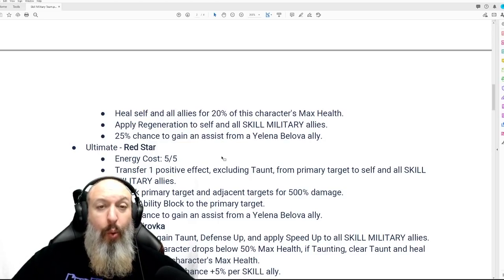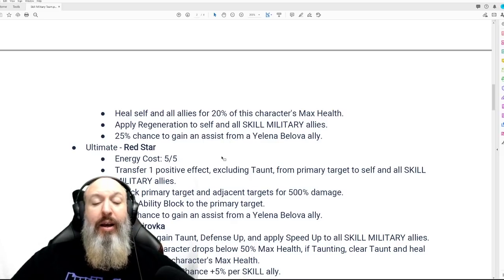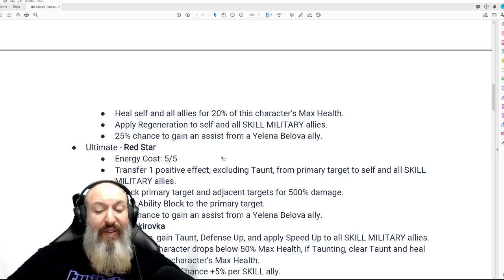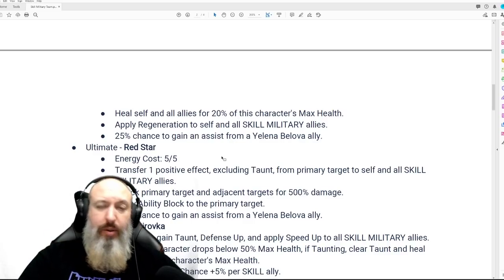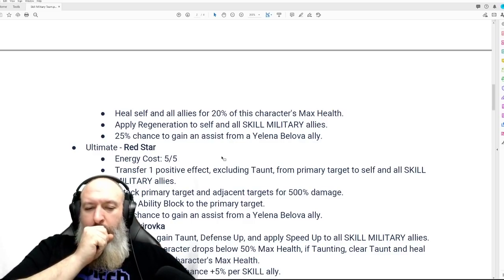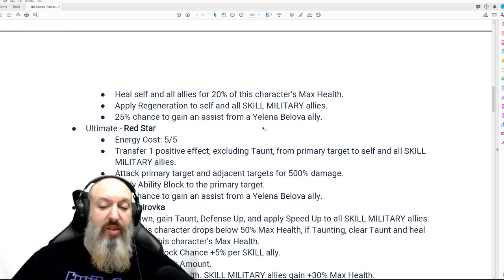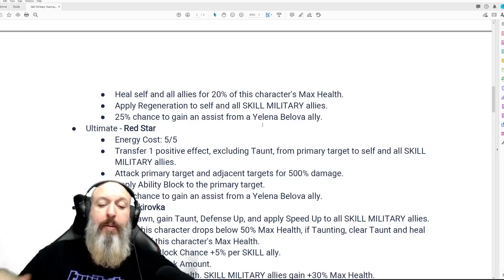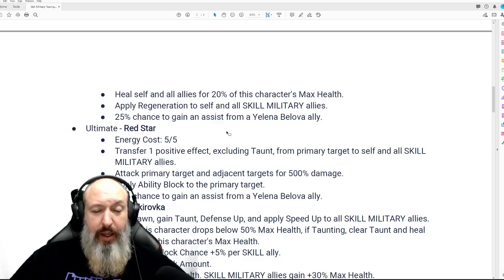What? Welcome back, Drax 2.0. Yeah, that's huge. On spawn, gain taunt, defense up, and apply speed up to all skilled military allies. Huge. When this character drops below 50% max health, if taunting, clear taunt, and heal for 30% of this character's max health. Gain plus 25% block chance, plus 5% per skill ally, so not quite as much of a block machine